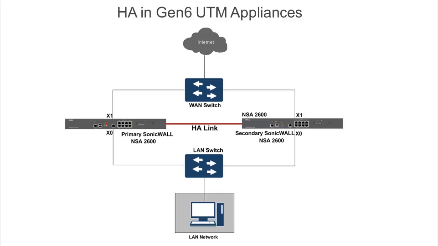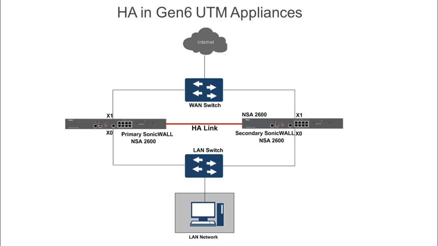The X1 interface of each appliance is connected to another switch. For HA control and data links, we have chosen the X7 interface. In Gen 6 appliances, any interface can be selected for HA control and data links as long as they are the same on each appliance. We have a cable running from the X7 interface of the primary SonicWall to the X7 interface of the secondary SonicWall appliance. The first task in setting up HA after completing the physical connectivity is configuring the high availability settings